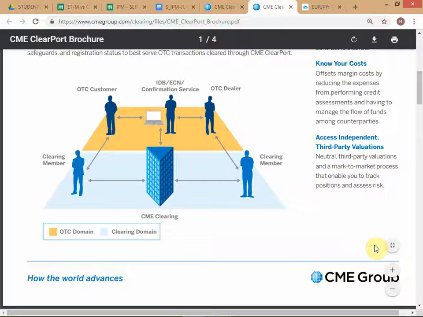Which means now this is going to be treated like an exchange traded transaction. Now it will be covered because it has been passed to CME Clearport. Are you following? Is this clear? So the transaction is done. So remember what we are discussing now is